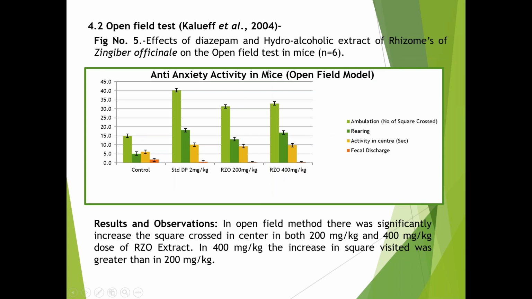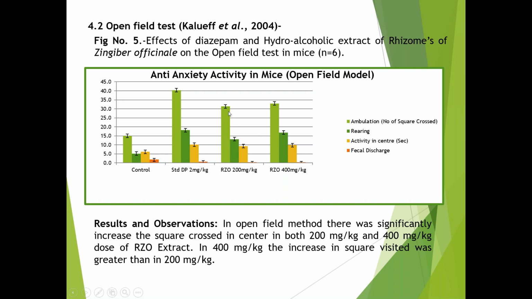For the second model we took the open field test, the effect of diazepam and hydroalcoholic rhizome extract. These are the four groups: control, standard diazepam 2 mg per kg, test 1 at 200 mg per kg, and test 2 at 400 mg per kg. This is the ambulation time, the number of squares crossed. When we compare with the control,